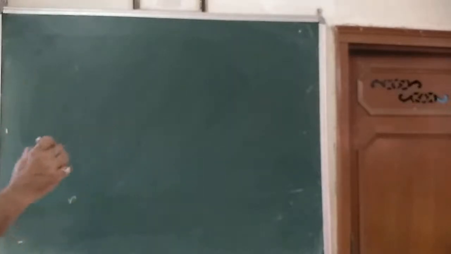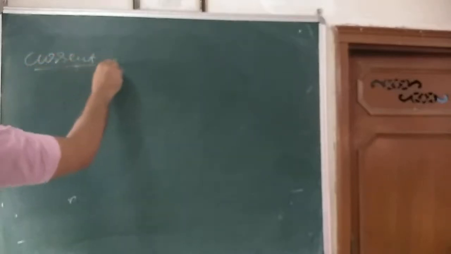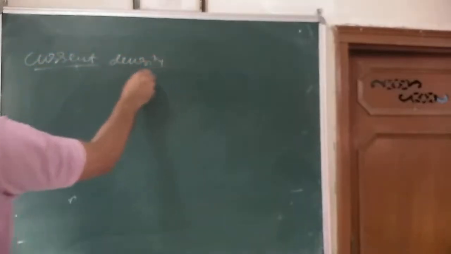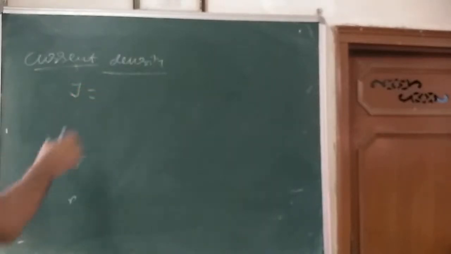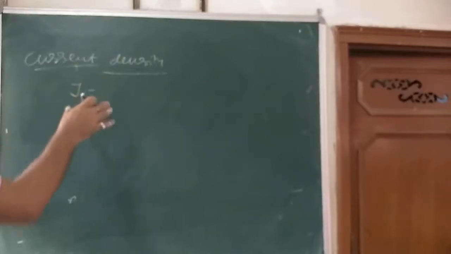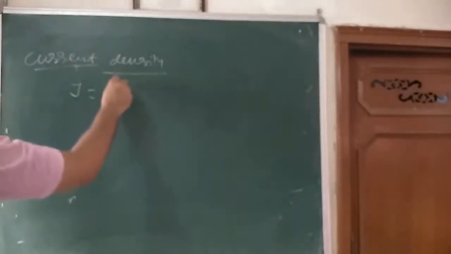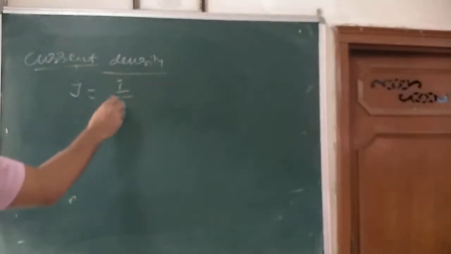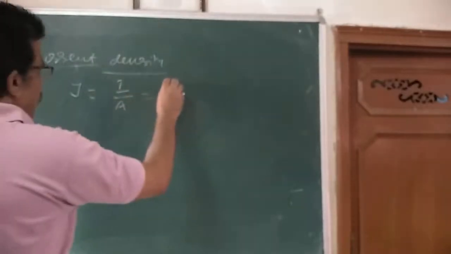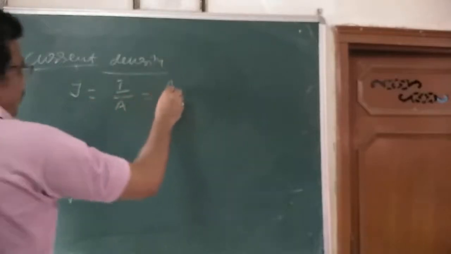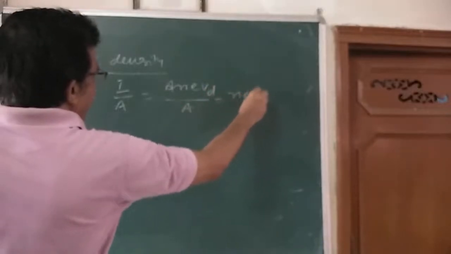Okay. Now what do you mean by current density? What is current density? It is represented by the symbol J. So the current density of a conductor is the amount of current flowing in a unit area, that is I upon A, current divided by area. I is equal to nAeVd, the formula we derived just now, divided by A. So this is equal to n e Vd.